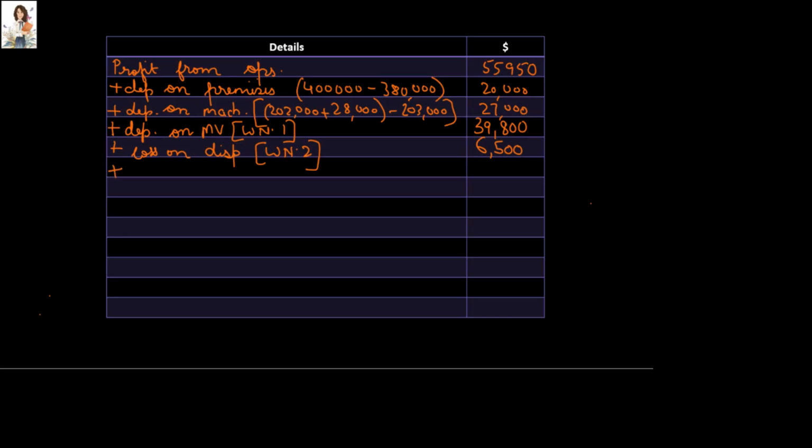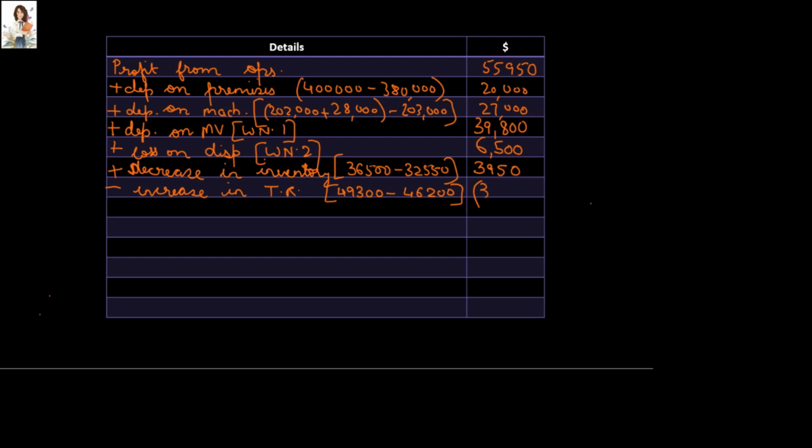We will now make a note of these changes in current assets and current liabilities. So we will write decrease in inventory, 36,500 minus 32,550, 3,950, it is a positive figure, minus increase in trade receivables, 49,300 minus 46,200. It's a minus figure, so we will write it in brackets, 3,100, plus increase in trade payables,